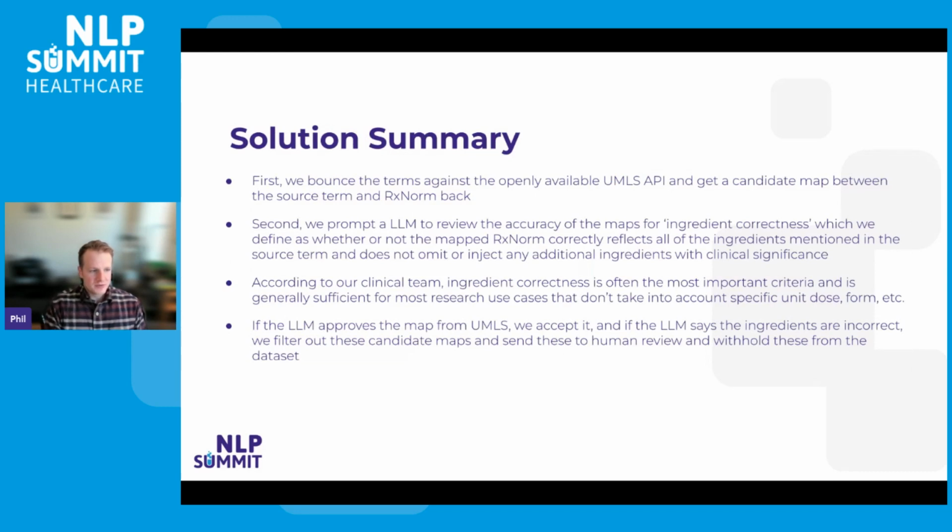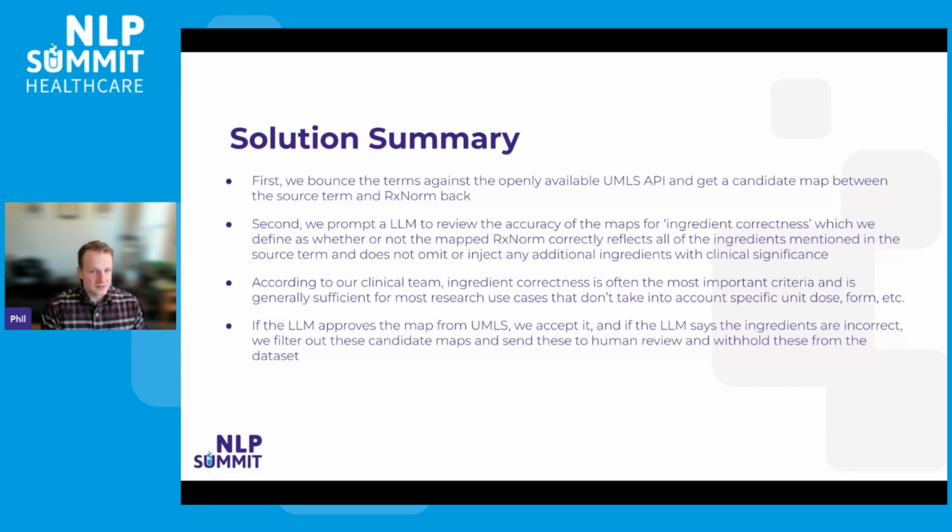Essentially, we came up with an approach and we evaluated a number of approaches, but the one that we ended up going with, the one that performed the best, we termed generative terminology mapping. And it involved first using a pretty standard existing mapping solution, which is the publicly available UMLS API. We bounced terms against that. And then in order to filter out